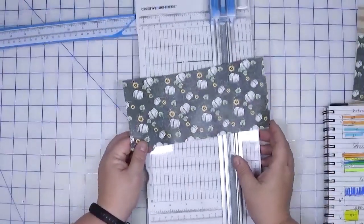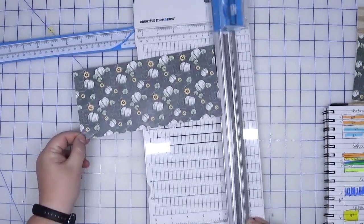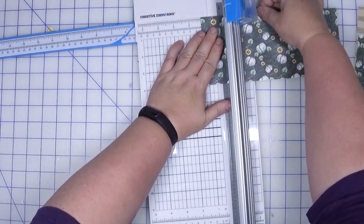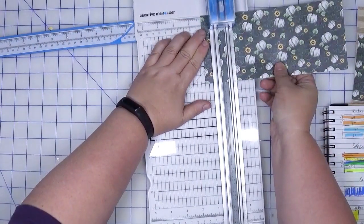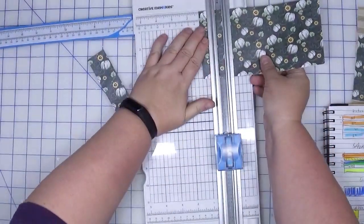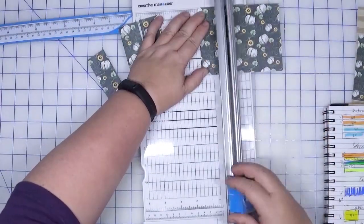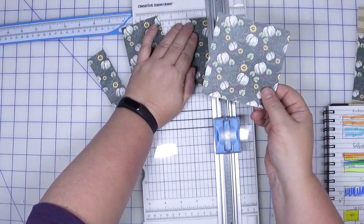From the remainder of this piece, we are going to trim 4 1 1/4 pieces. So we're going to do this in order because we want to keep the pattern. So we're just going to trim this at 1 1/4, and we need 4 of these. So 1, 2, 3, and 4. This becomes scrap,